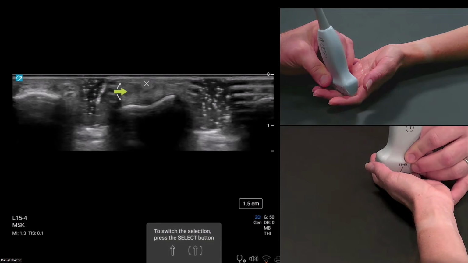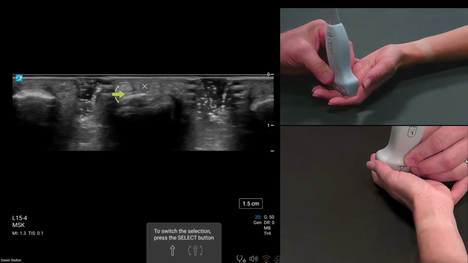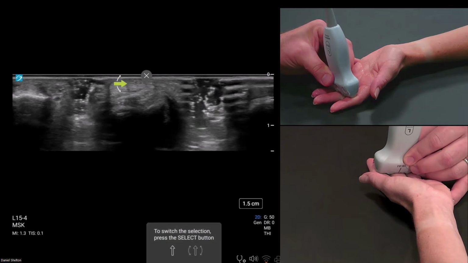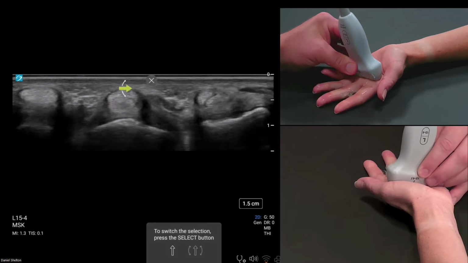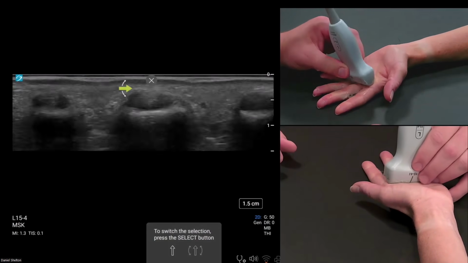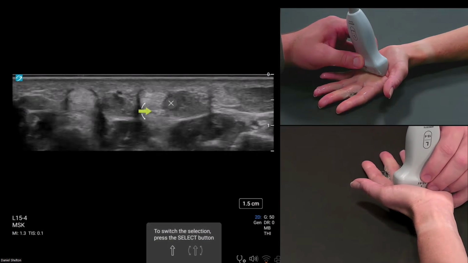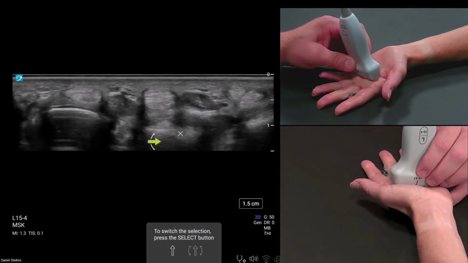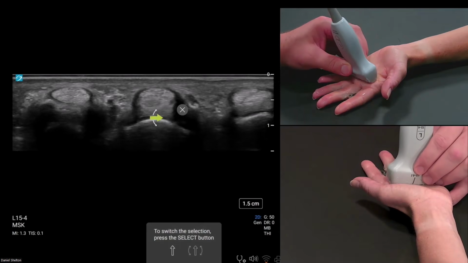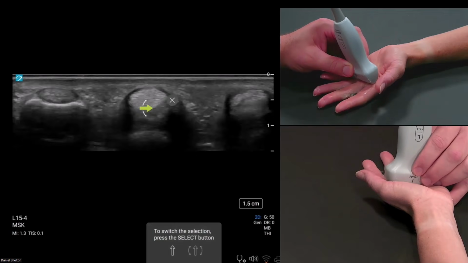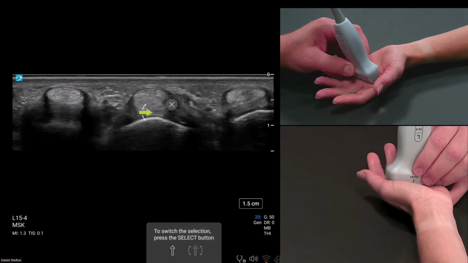places. So superficialis are these little triangular corners on each side of profundus, and profundus is in the middle and it has a septum. Now let's go back to the pulleys. So I'm at the MCP joint level here because I see cartilage and palmar plate, and I'm in the palm here. So we have metacarpal head with cartilage, proximal phalanx with no cartilage, and no palmar plate. So this is palmar plate here.